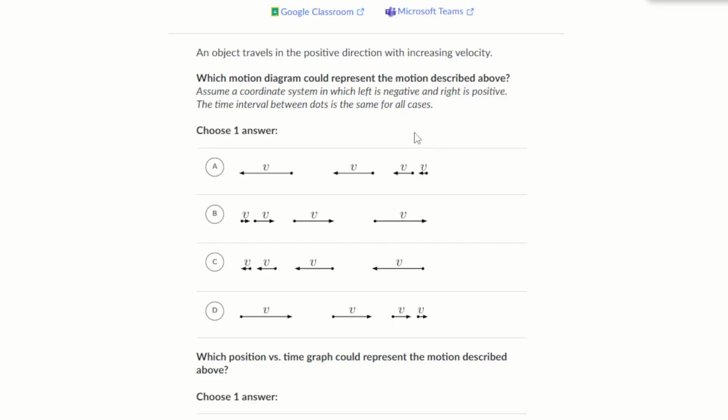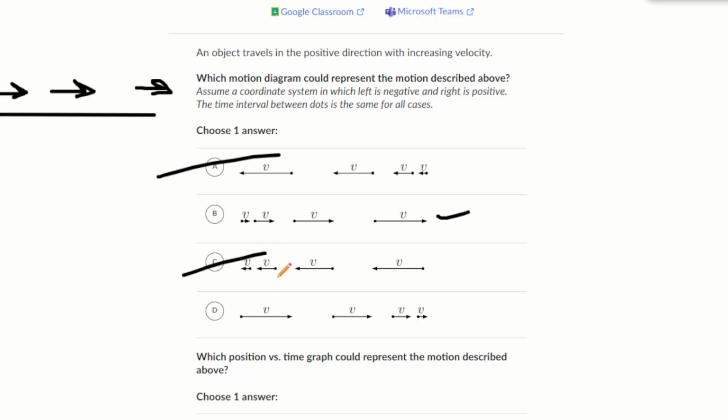That means that we have to make sure that all the arrows are pointing to the right, because it says right here that right is positive, so we have to make sure that all the arrows are pointed towards the right, like this. So any choices that don't have them all pointed to the right, we can automatically eliminate. So choice A has all of them in the left. Choice B is good so far. Choice C is incorrect, and choice D